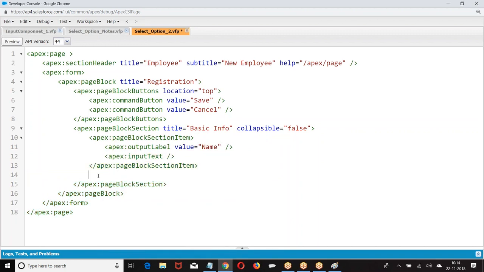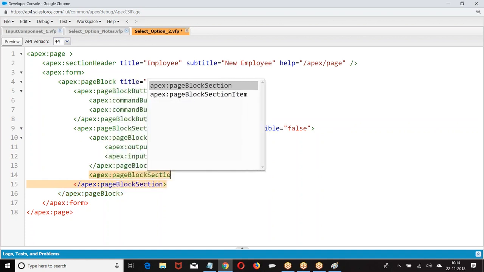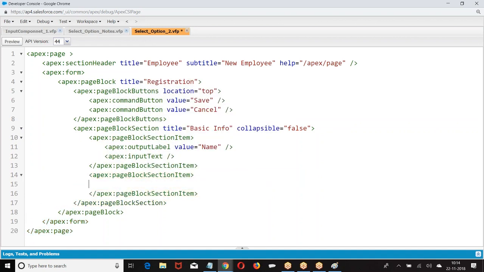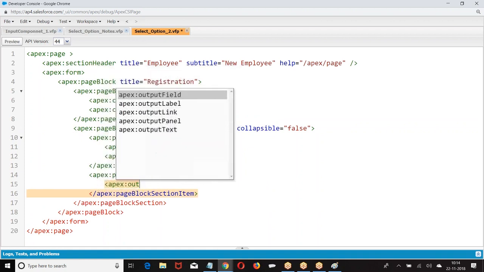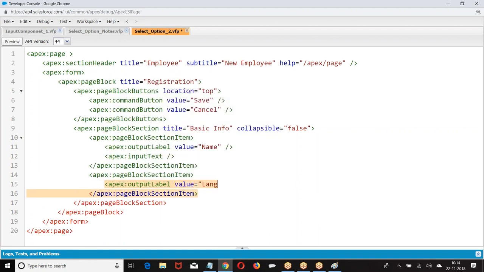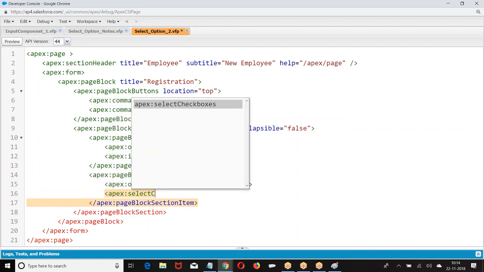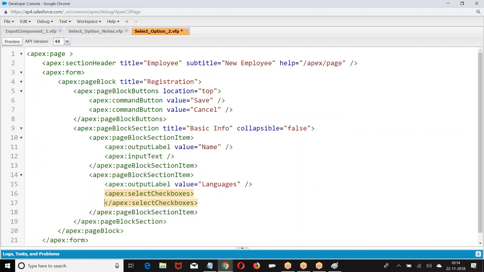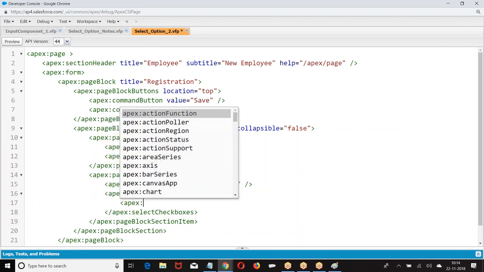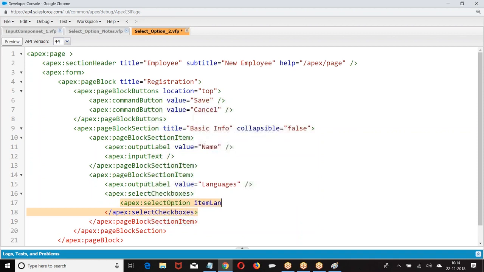Similarly, we had apex page block section. I have languages, apex output label. Then I have the checkbox group, select checkboxes. So I have options. How do you create? Select option, item label.